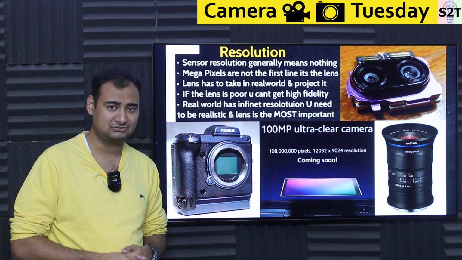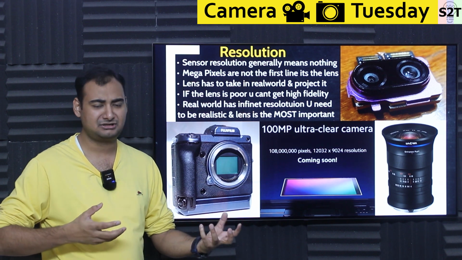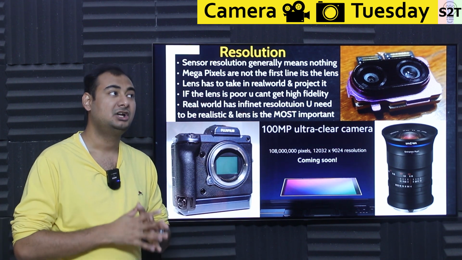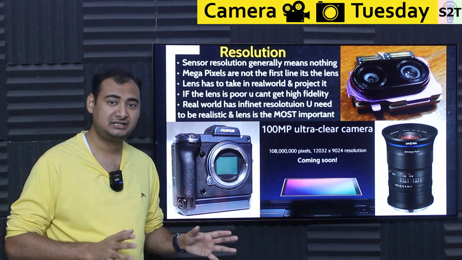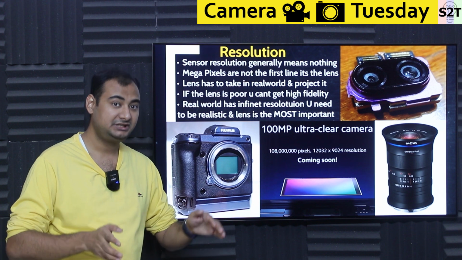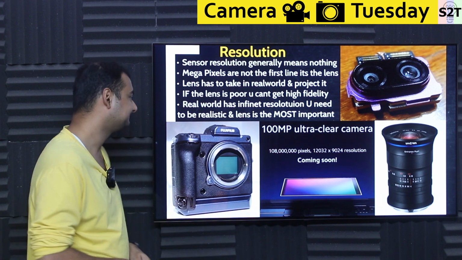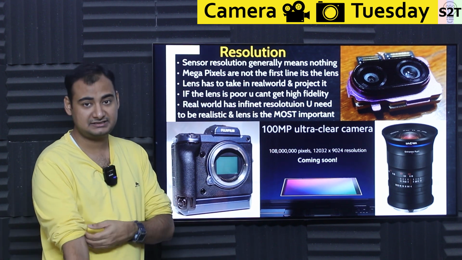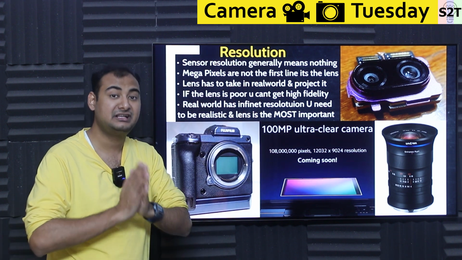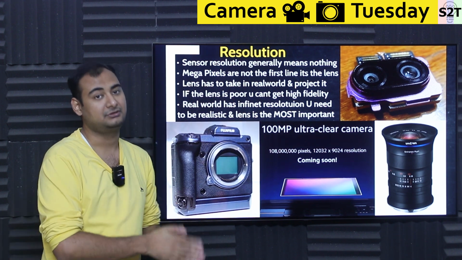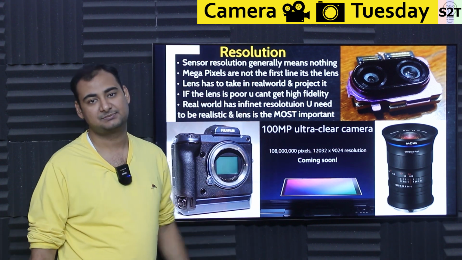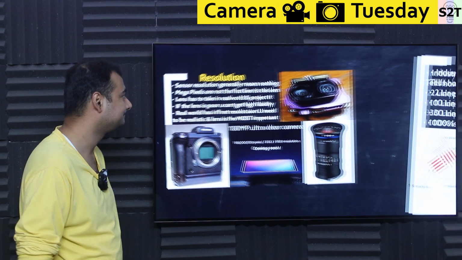If any Tom, Dick and Harry tells you this Blackmagic cinema camera has 12K, it means nothing. Do you have a lens that can render 12K? Most of the cinema grade lenses, most of the broadcasting lenses, no. Full HD or 4K, that's it. So the real world has infinite resolution, the lens has to compact it down, and how it compacts it down defines how much resolution you get from your sensor. The sensor is the easy part, ironically, nowadays. So the lens is the part that has to be done properly.